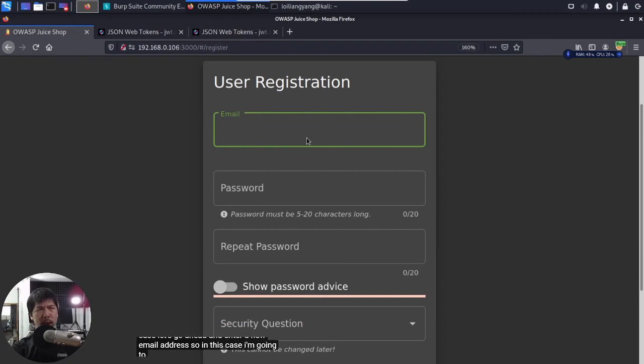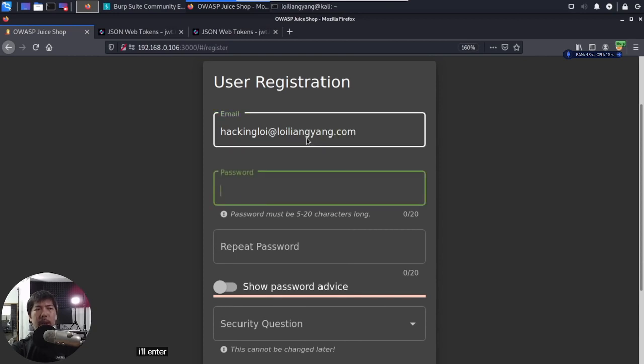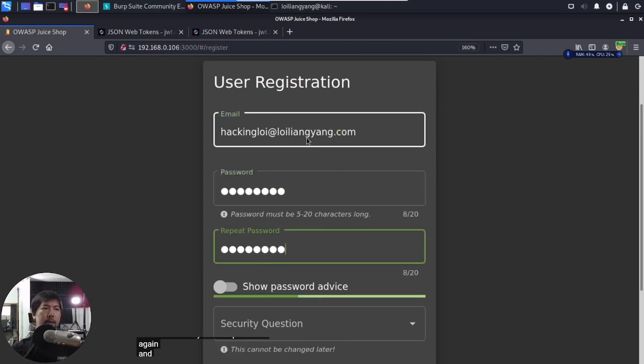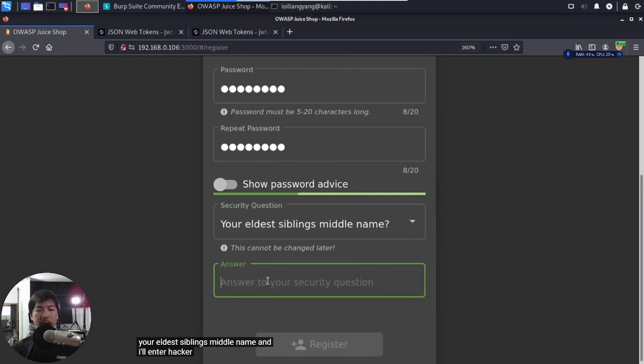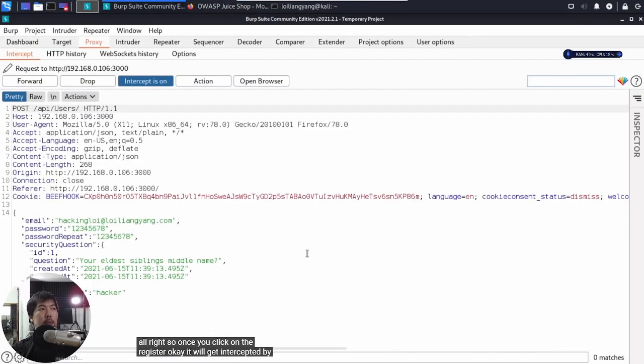So in this case, I'm going to enter hackingloy@loyliangyang.com. I'll enter the password for this field. Okay, I'll enter the password again. And now, of course, on the security question, I'll go ahead and select the following. Your eldest sibling's middle name, and I'll enter hacker. All right, so once you click on the register, it will get intercepted by Burp Suite right now,